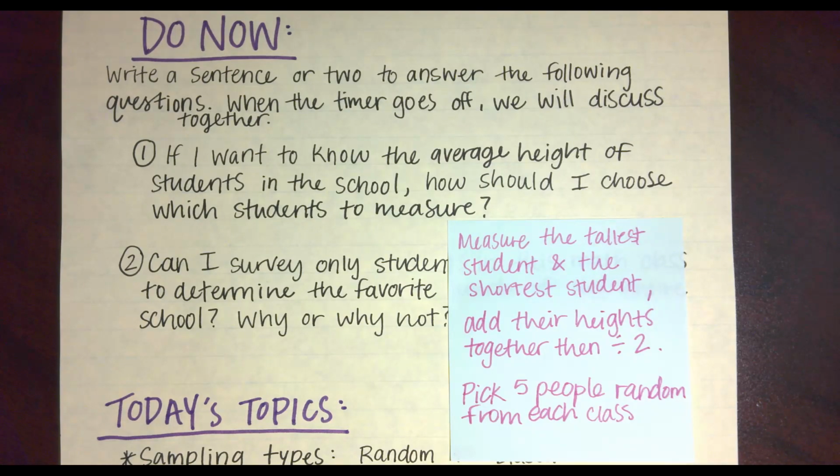There's a lot of different ways. The only thing that we really need to keep in mind here is how we measure, how we survey people, and how that might affect our answer. So, for example, if I want to know the average height of students in the school, what if we considered the kids in the child care? If we measured their heights too as one of the classrooms, is that going to affect the average? Oh, yeah. It will. So that's where we might need to be more specific.